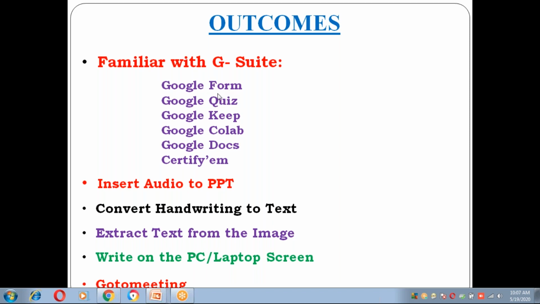Already, I think some of your participants may be aware of this Google Form, but when I saw the list of participants, there are different categories of participants. In the participants list, some are principals, some are deans, and some are faculty members, senior faculty members. But we are focusing on the junior faculty members, which is helpful to them particularly. So the remaining, we will start.